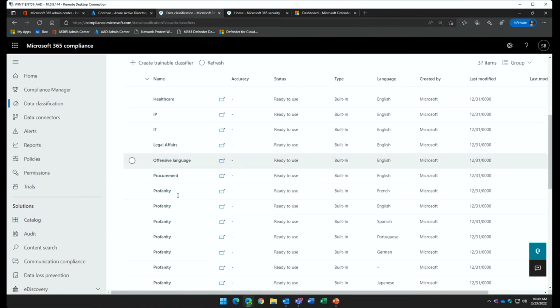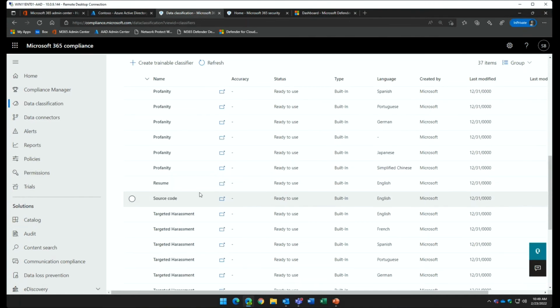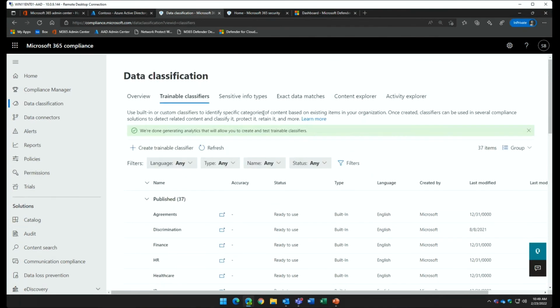Here's the offensive language, profanity, threat, harassing language in different languages, whether it's English or German, Japanese, etc. You can train these and use them in your environment to help protect your content and data. So that's really powerful for more of a dynamic capability in your threat protection.